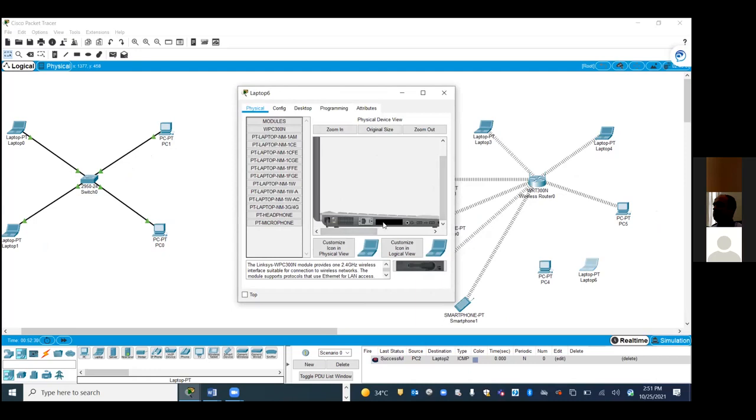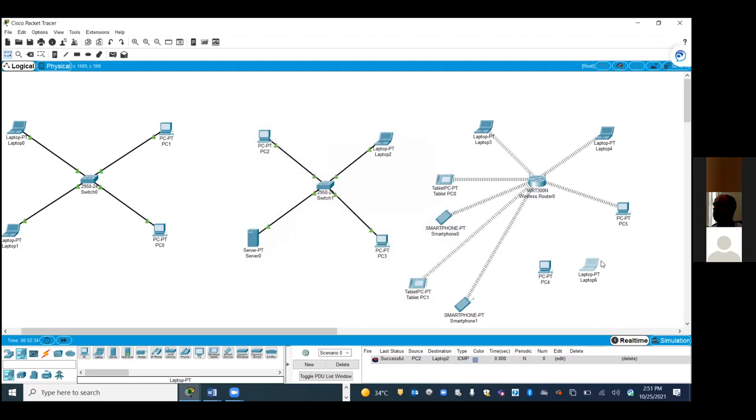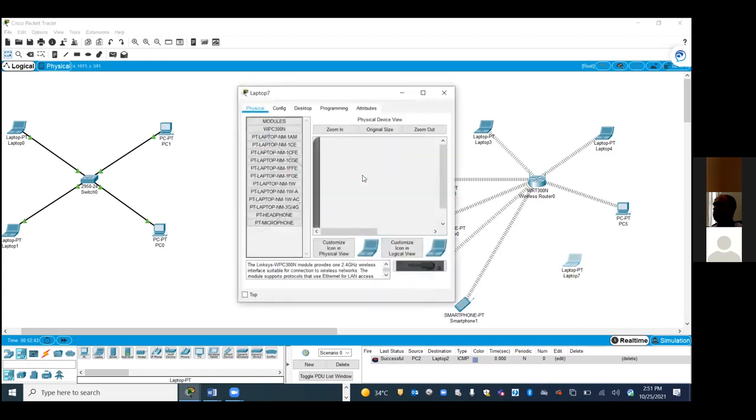Go to the laptop here. Turn off. Remove this wireless network interface. Add a wireless interface. Then turn on.